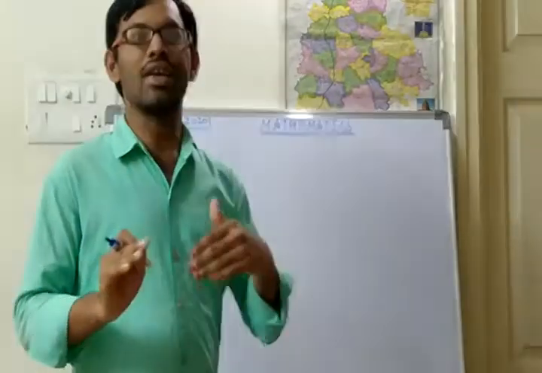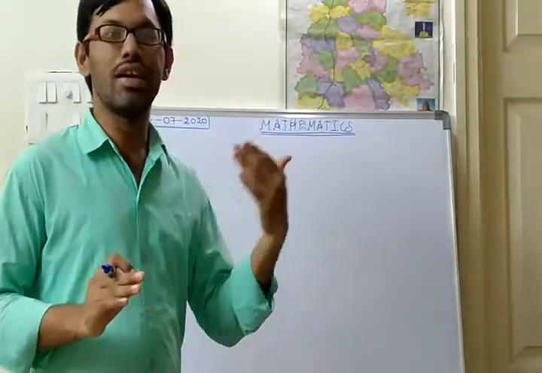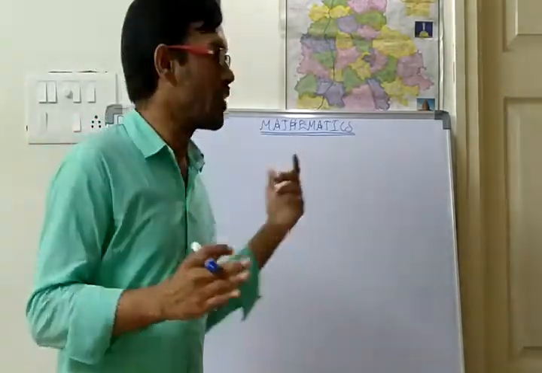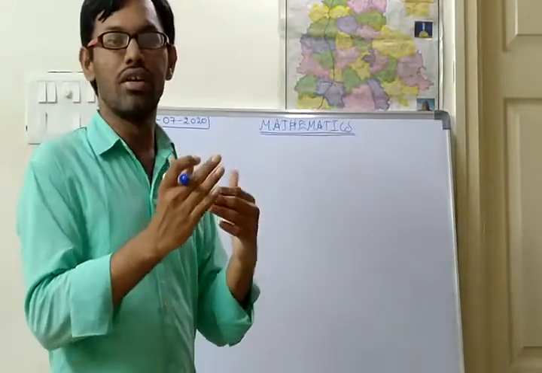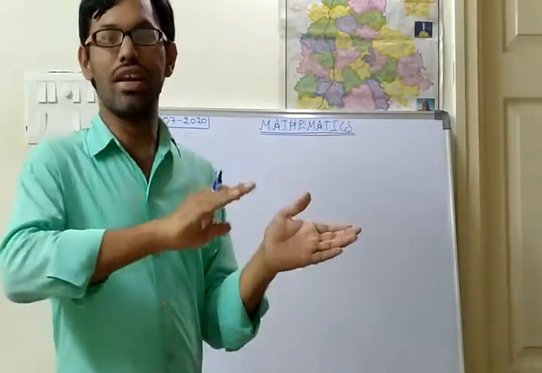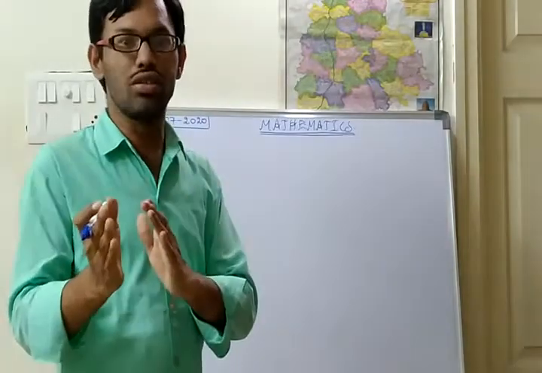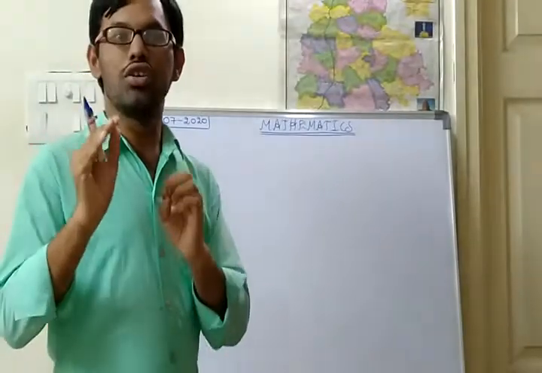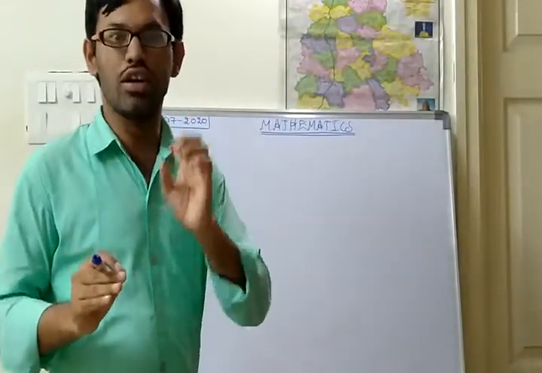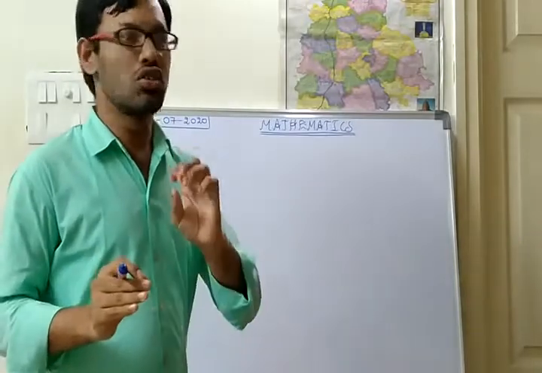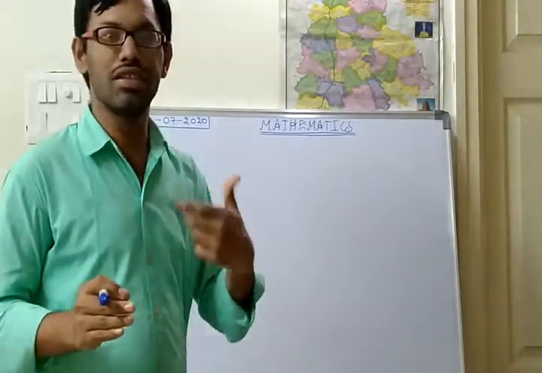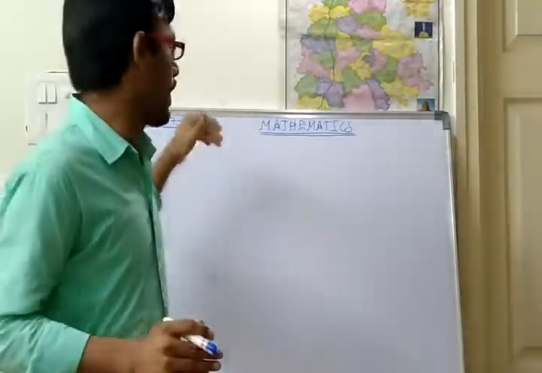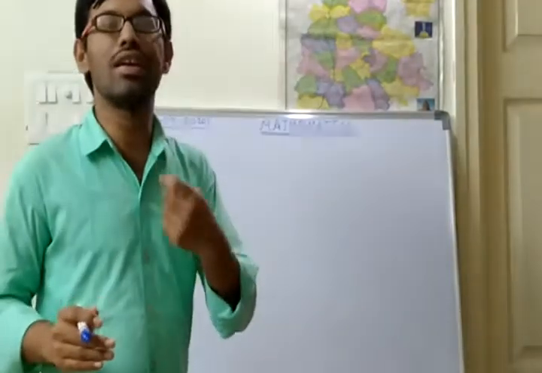So, in the previous class, we discussed estimating and rounding of numbers. That means rounding the numbers to the nearest tens, to the nearest hundreds, to the nearest thousands. Is it right? Along with that I have given some homework. I hope you have understood very well and you have done that homework easily. If you have any doubts, you can recall my classes, then you can understand very well. So today we shall discuss a small revision part.